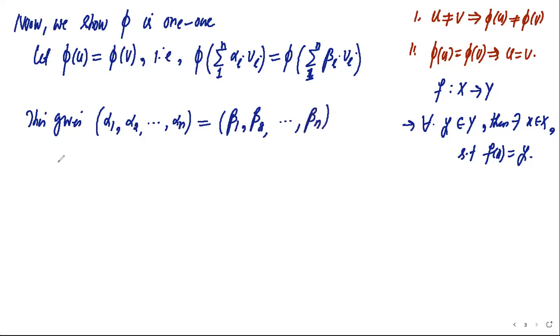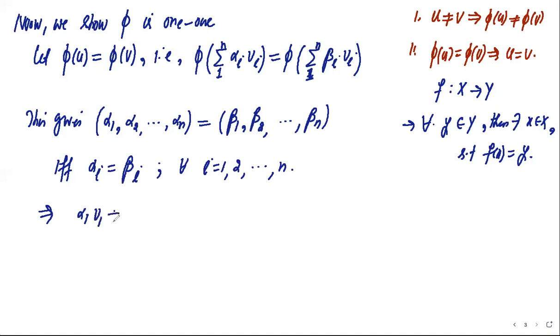So this is equal if and only if alpha I is equal to beta I for all I running from 1 to n. So once we have alpha I equal to beta I, this shows alpha 1 v1 plus alpha 2 v2 plus so on plus alpha n vn